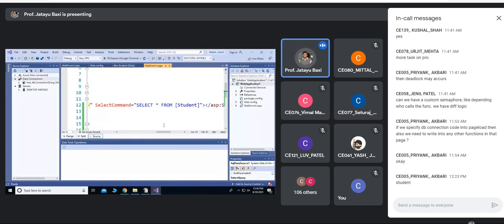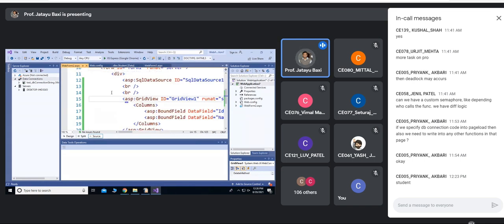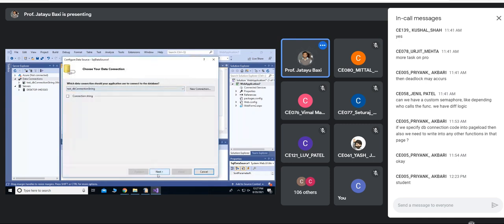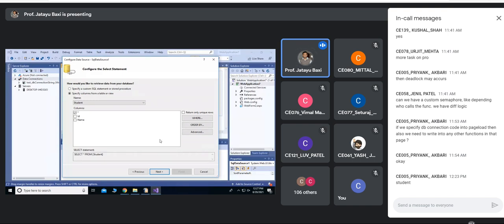For editing, I also require an update statement. So how to generate that? Again open the configuration of your data source, click next, and here click advanced, before you proceed to the last step.